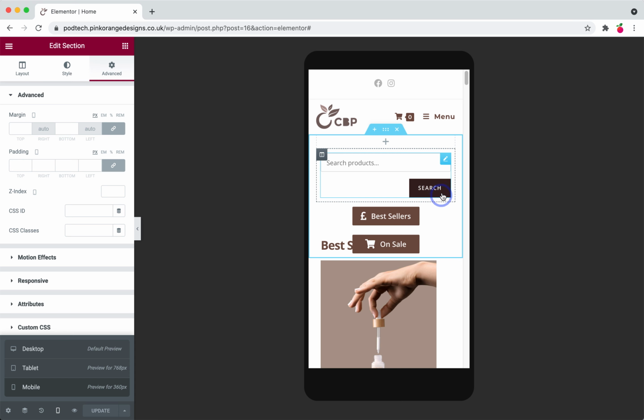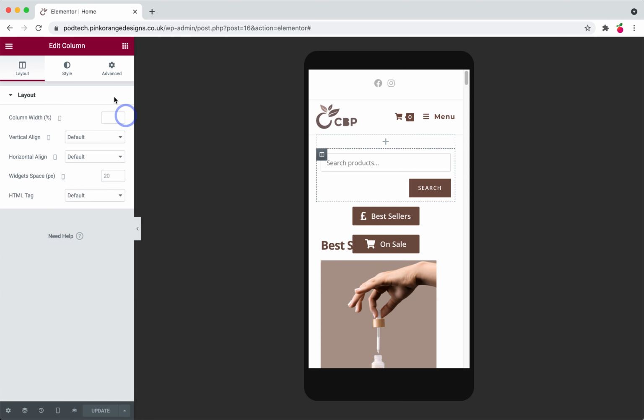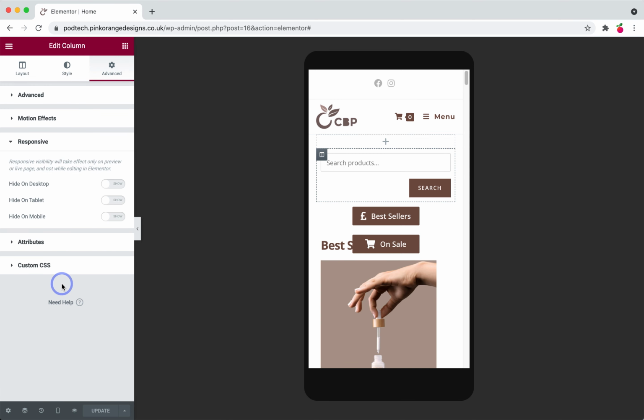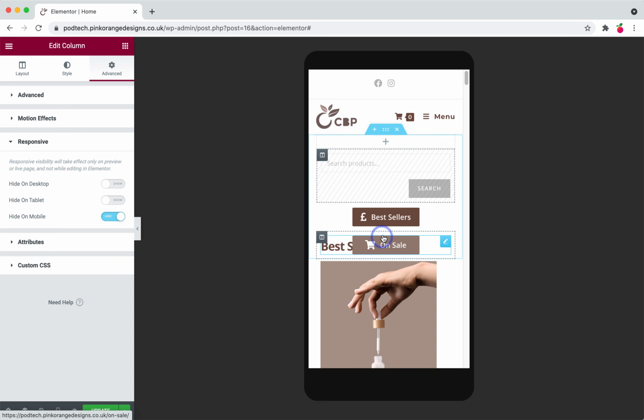So as I said before in the previous tutorial, I really don't like this box. Now we have two options. We can either remove it or remove these buttons here. Now I feel these buttons actually have a better use than this box itself. So we're going to hide this box from mobile devices only. So click the column, Advanced, Responsive, and click Hide on Mobile. You'll see there'll be grey lines through it, and that means on your mobile device you won't be able to see it. Next